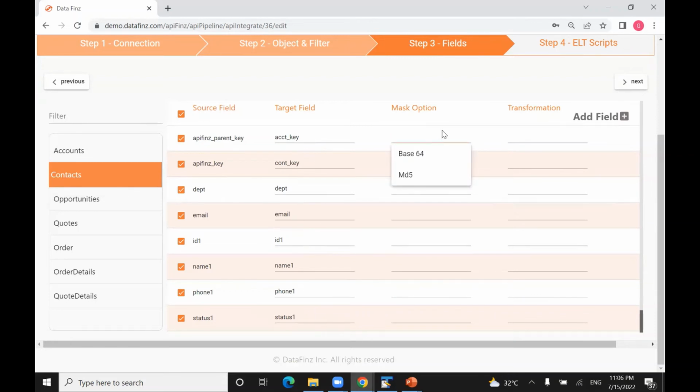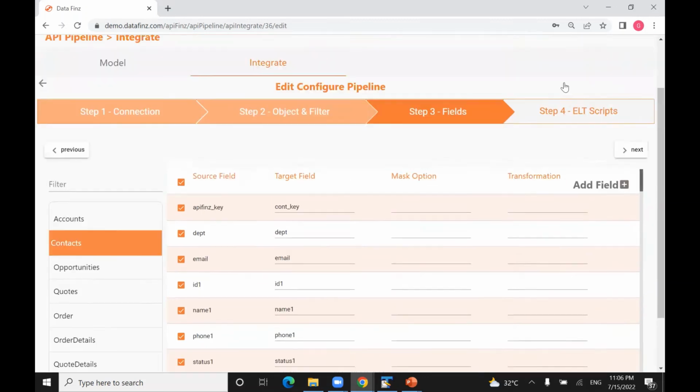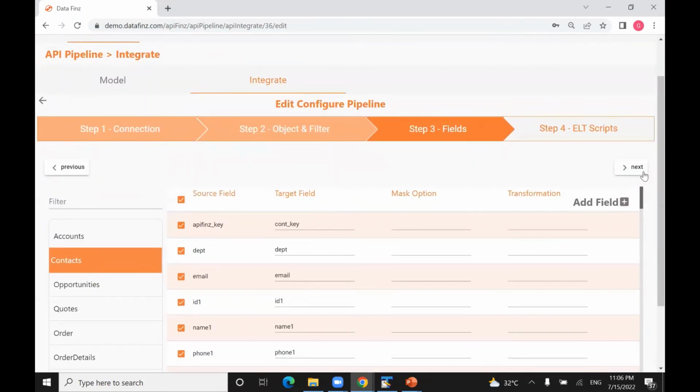And we have a masking option in case we want to encrypt anything before sending to the APIs. Or if I need to add any small transformations, I can do that too. And if there are any new fields which need to be dynamically added with a simple logic, I can do that too. So once that field mapping is done,